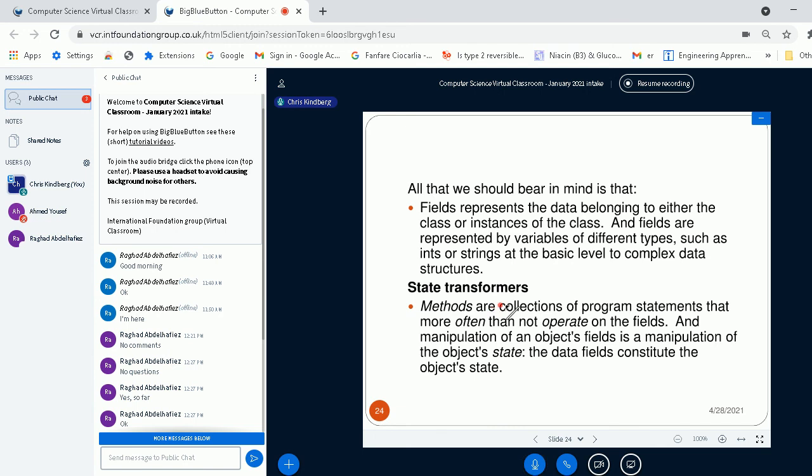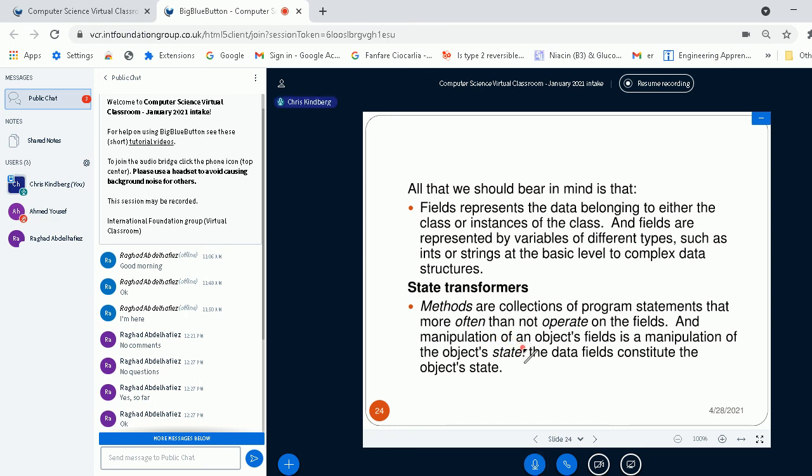And methods are collections of program statements that more often than not operate on just those fields. So, for example, you might have methods that alter the value of an object's fields, and manipulation of an object's fields is in fact a manipulation of the object's state.